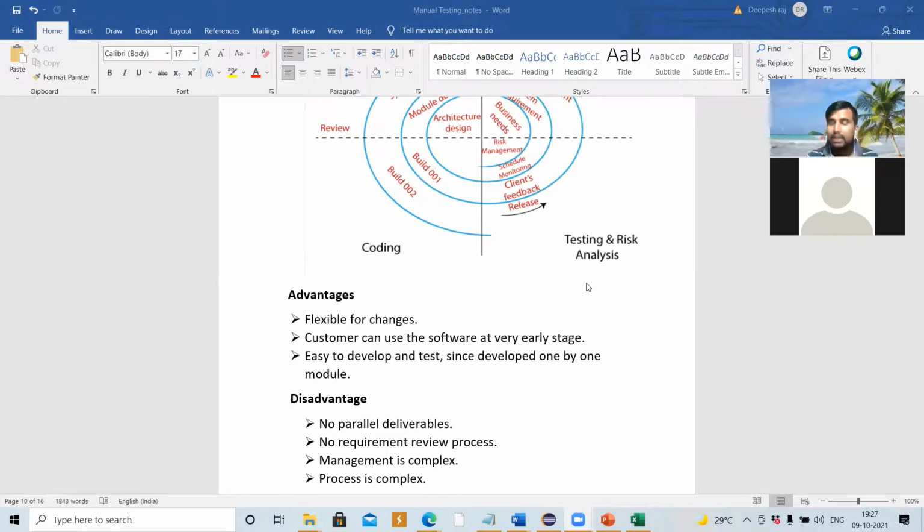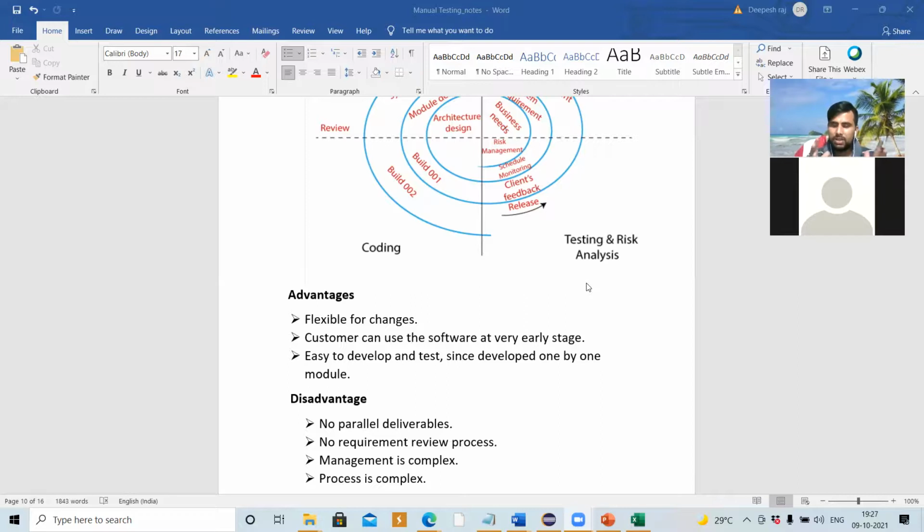Okay, that they are going to find in what? One more thing. Is customer rejection possible or not? Yes, it is possible. In the end the customer will tell you, no, I have given a different requirement, I am getting a different requirement, I don't want this software. It is possible in the waterfall model and also in the spiral model.